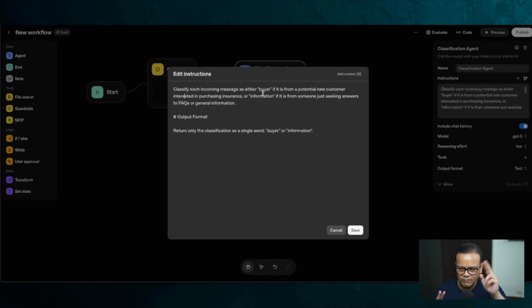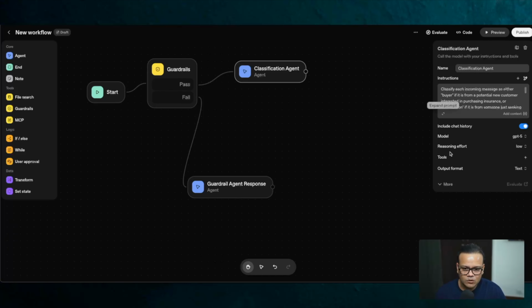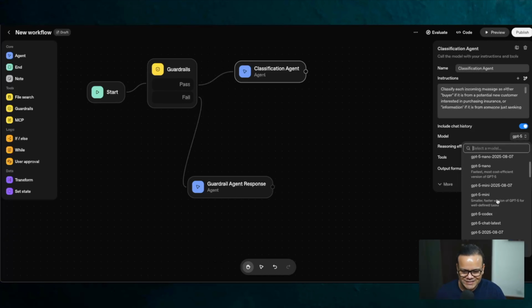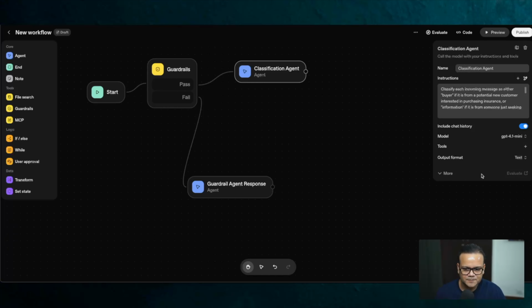So two tags, buyer or information. You have to just categorize them. Information if it's from someone seeking answers to FAQs or general information. The output format is written with just one single word, buyer or information. All right. Now, one more thing that we'll have to do apart from changing it back to 4.1 mini is